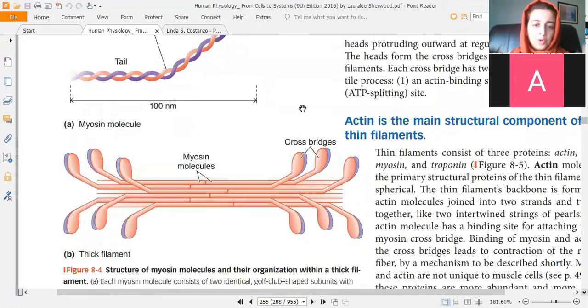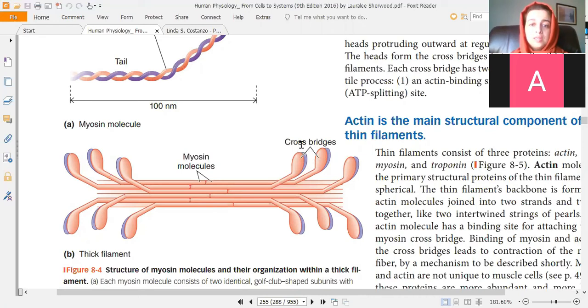Let's take a look at how these are arranged. So you can see all these myosin molecules, they line alongside each other to form this thick filament. At the first hinge, the rest of the stalk will protrude out of the main myosin filament, and the head can be seen. And like I said before, the head is also flexible on the stalk. And this stalk and this head bind to the next filament, which is the actin filament.